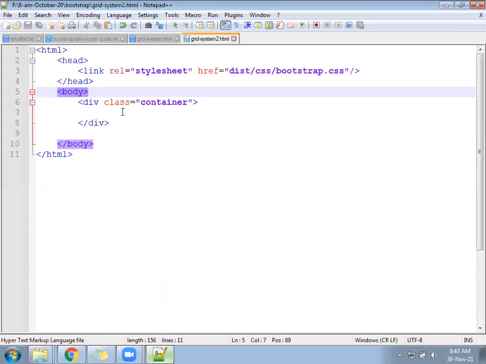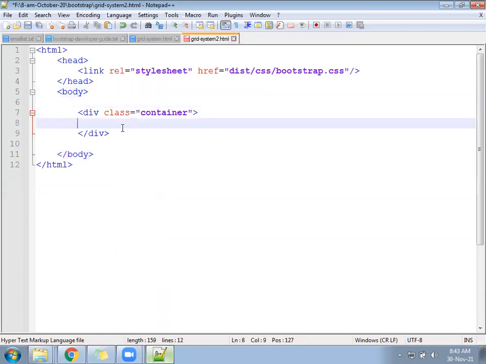In the grid system 2 file, inside the container our theory says we need to follow a class called row.